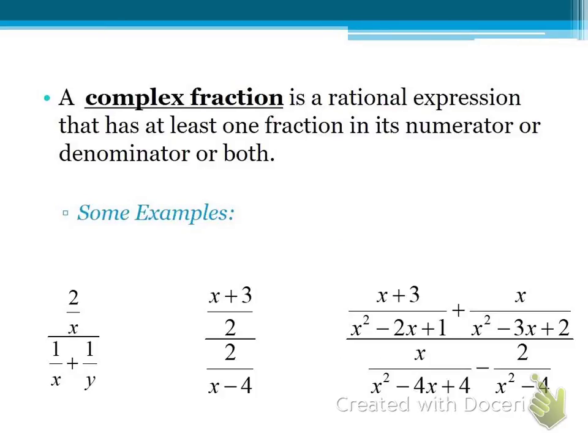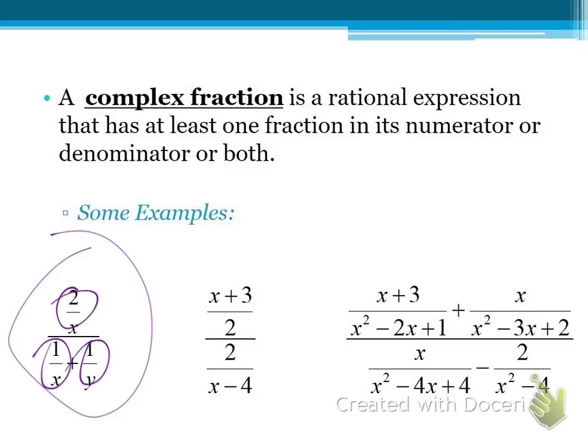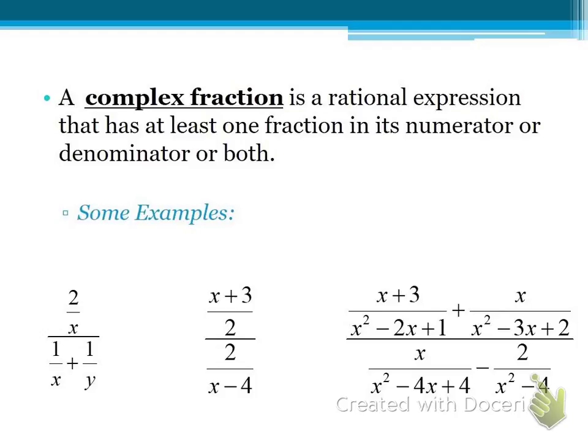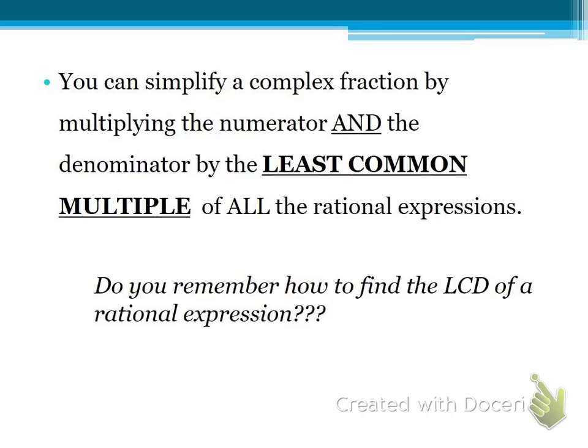Here's what I mean. A complex fraction is a rational expression that has at least one fraction in the numerator or denominator or both. So it looks something like these guys. We've got a small fraction up here and then two small fractions down here, still in the numerator and denominator of a bigger fraction. But you can see this, and some of them can get as complicated as you could ever want, like that guy right there, right? Now, to simplify these,